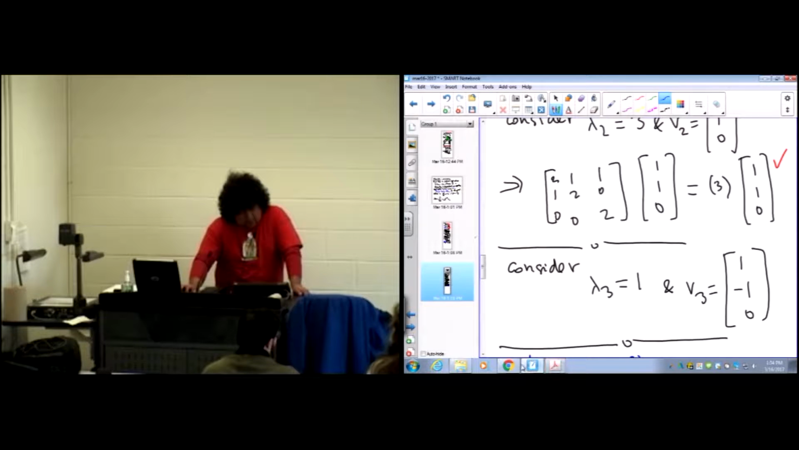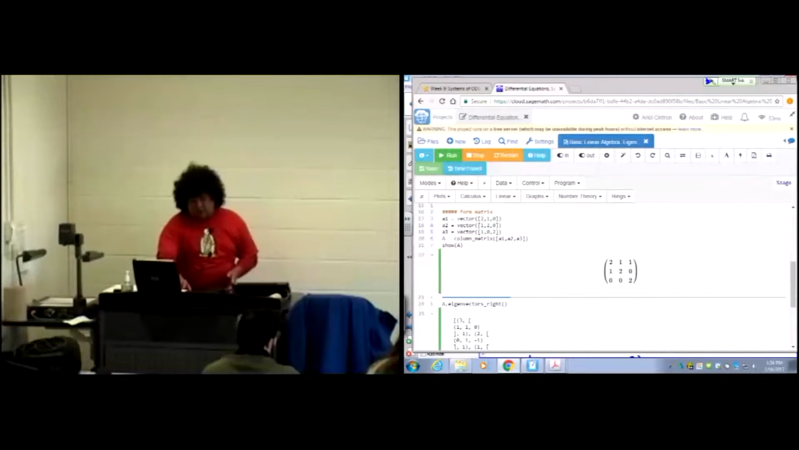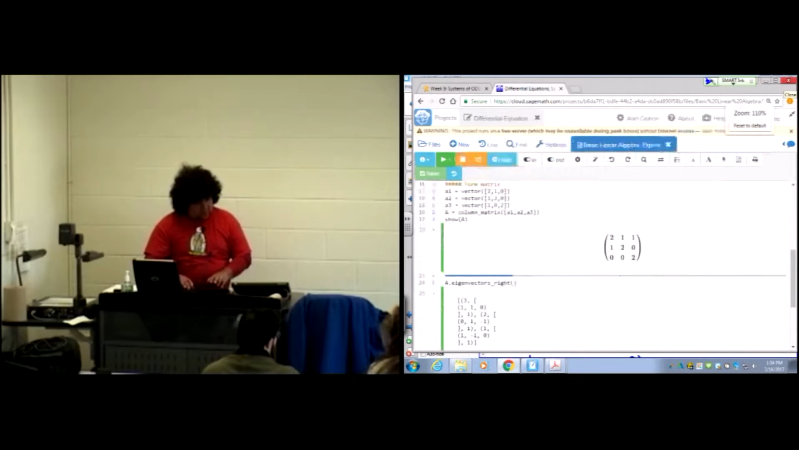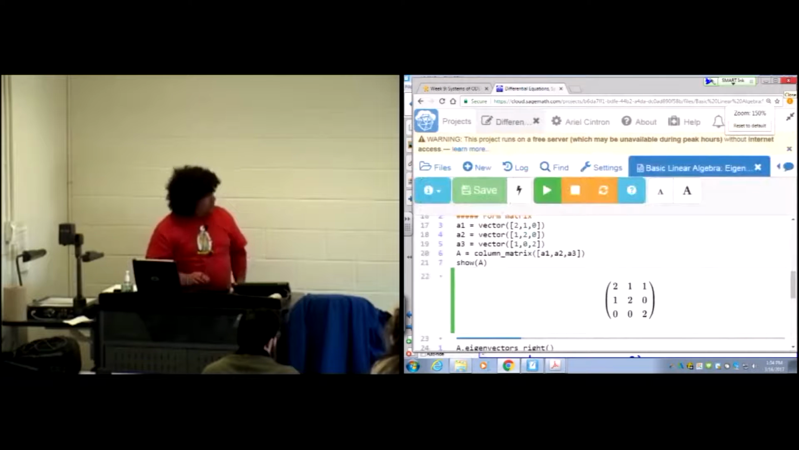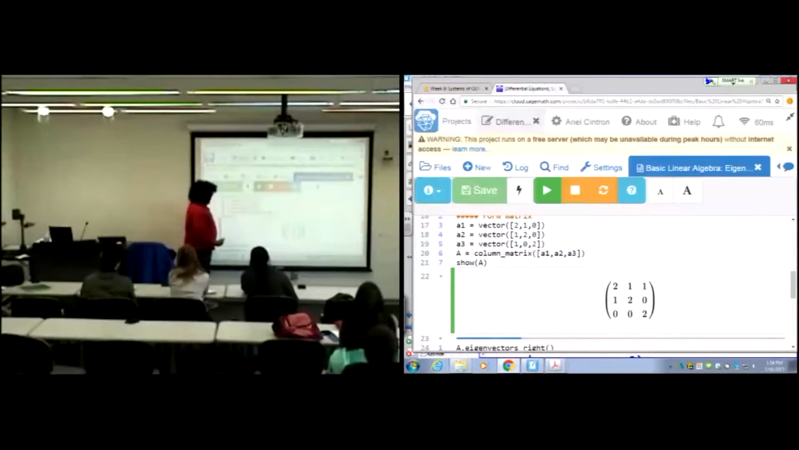So let's refresh our memories. The matrix has columns 2, 1, 0, 1, 2, 0, and 1, 0, 2. Okay, so look at this matrix with first column 2, 1, 0, second column 1, 2, 0, last column 1, 0, 2. So there is a way in SageMath to